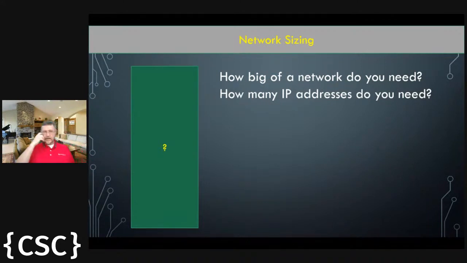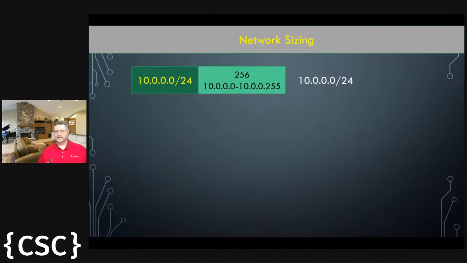So if we have, say, the number of devices in your house, and then you were to double it, for example, you still don't need a really big network. However, when you get into cloud networking, you still have IP version 4. You still have a network, but they're also going to have subnets. So let's look at a quick example. If I have a 10 network, and I'm using that /24, I'll describe a little bit more about the CIDR in just a moment.